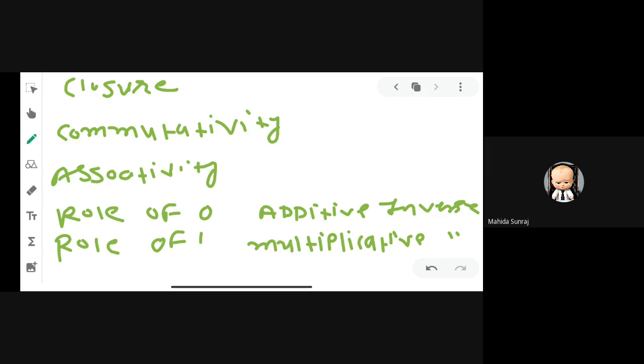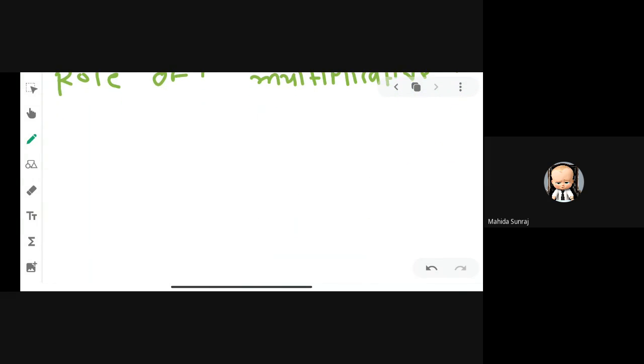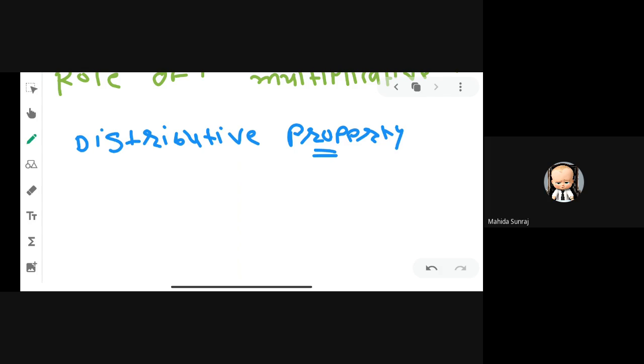Now I am explaining you the distributive property, right? Okay, now you can see. Today we have to start exercise 1.1, and before that, I am explaining you one another property, which is a very common property. It is known as distributive property. What is the meaning of distributive property?